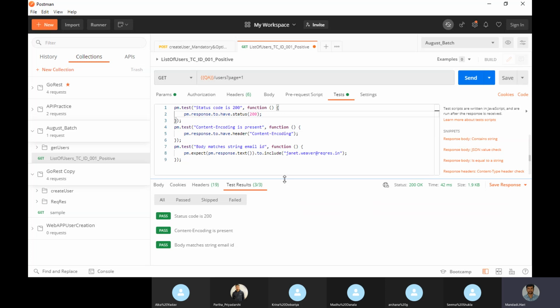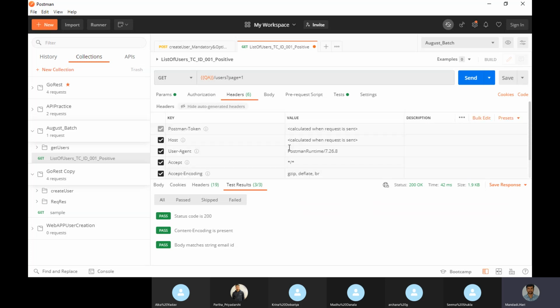Sometimes it will work in Postman, but in automation you get some other errors. Then we see what headers I am passing in Postman and what headers I am passing in the automation. That is called debugging in the automation. By seeing the Postman results, I am debugging the automation results: why it is coming like this, and what mistake I am making in the automation.